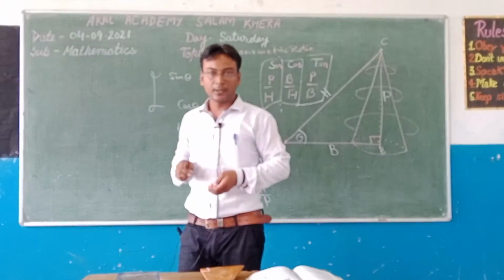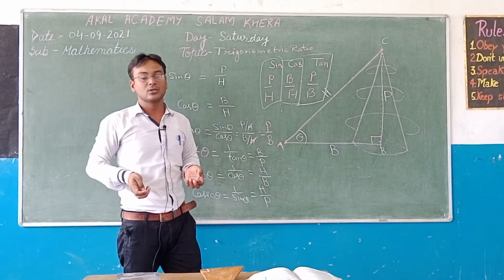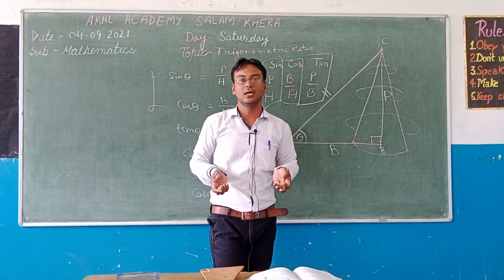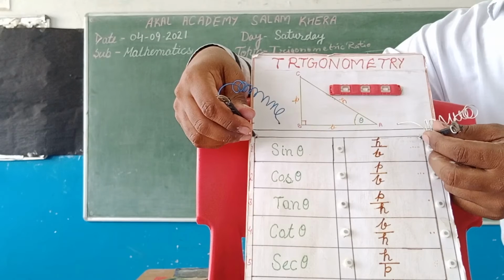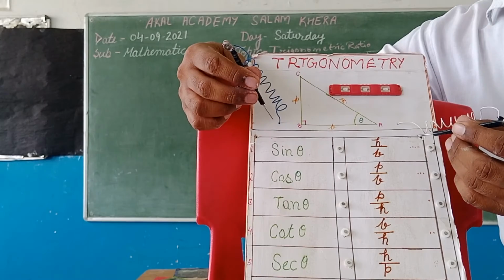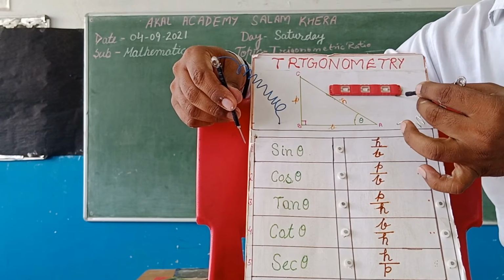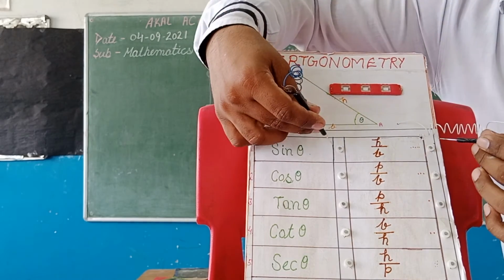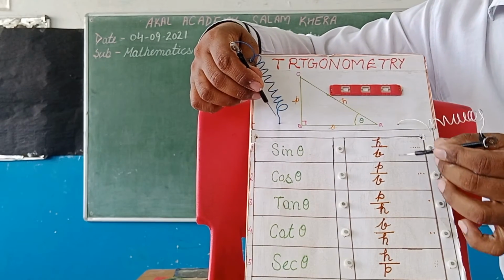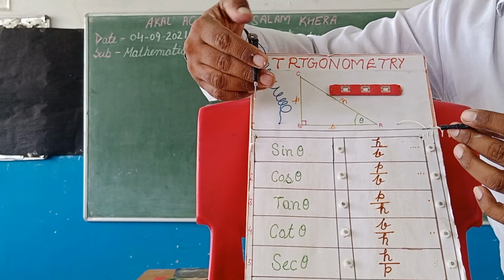So this was one trick, and this also you can practice on one model. I have one model and I will show you how you can use it. Yes students, this is the model. By this you can practice on the ratios. In this model you can see one flashlight here and these two columns. On one column are the trigonometrical ratios, and on the second column the sides of ratios are given, and you want to practice on it.